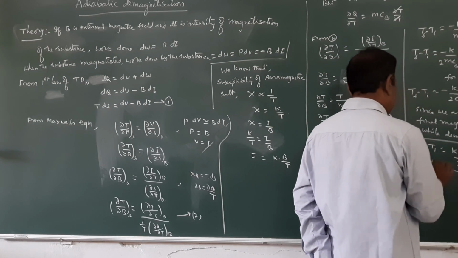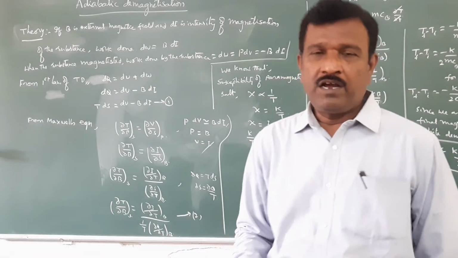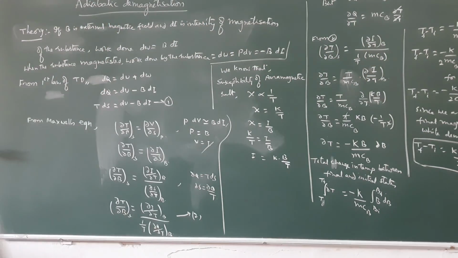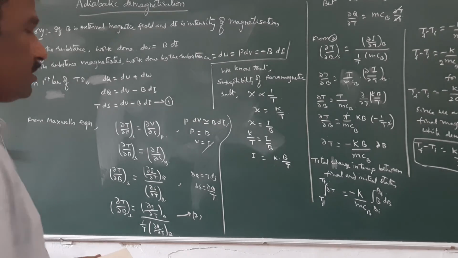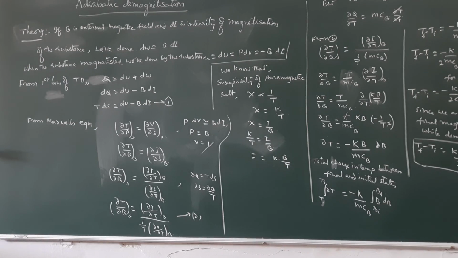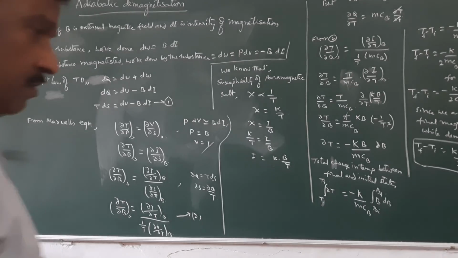Therefore this is the change in temperature during adiabatic demagnetization. So this is the theory part. We should remember